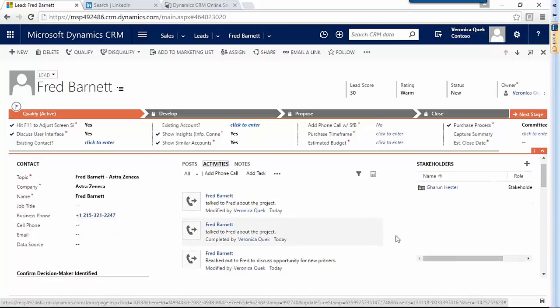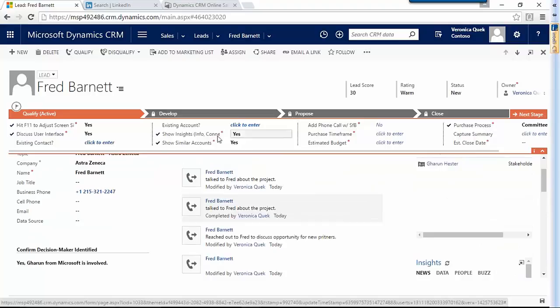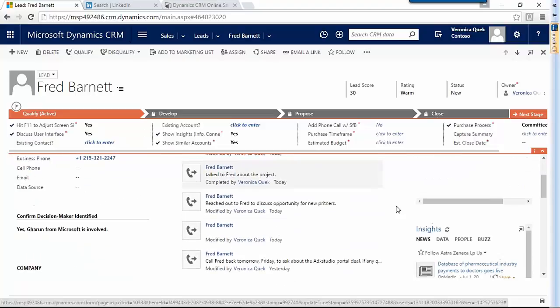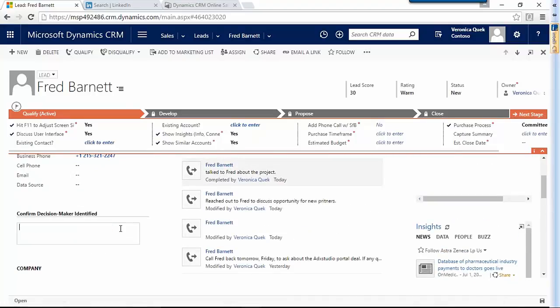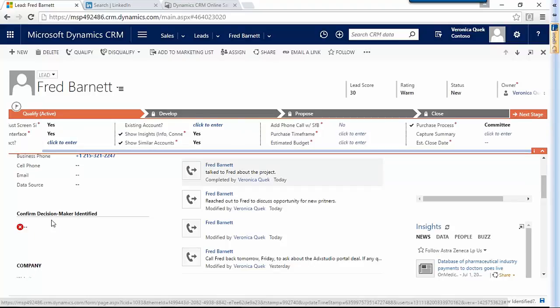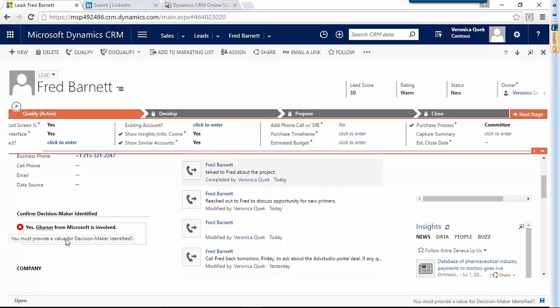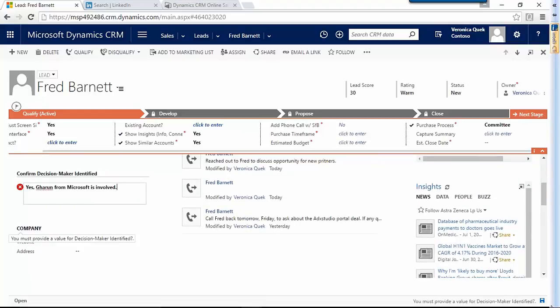qualification. So we did our research. We went and found out about who else might be involved in the project. When we look at the guided business process flow, I have a little bit of logic in here that shows that there's some automation. So basically what it says, if I had this blanked out, we can demo that. So I'm going to hit save. And what it's saying here is, hey, you know what? The purchase process says that it was a committee-based purchase process, but you have not confirmed that actually a decision maker was identified. So I'm going to go ahead and confirm that I have somebody lined up that we actually do know who the decision maker is, and then it'll actually allow me to save